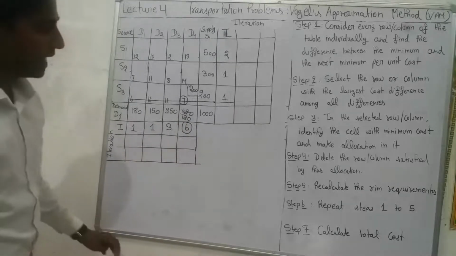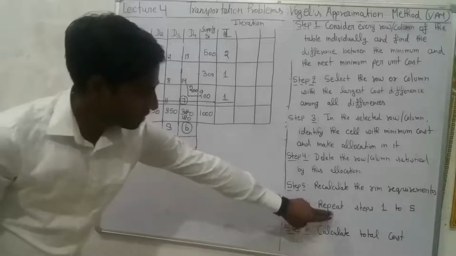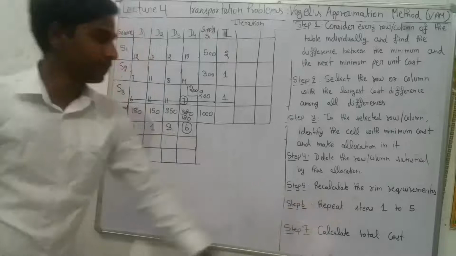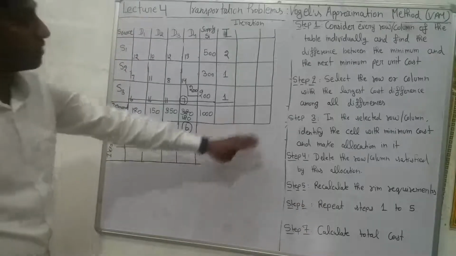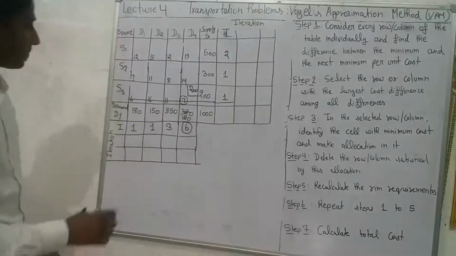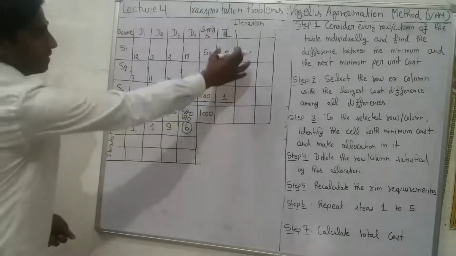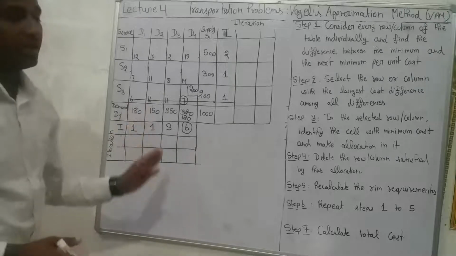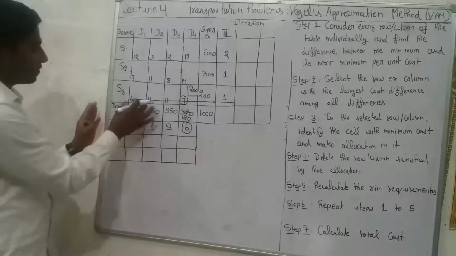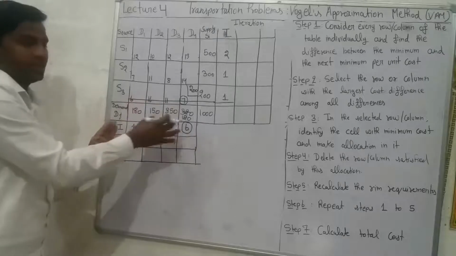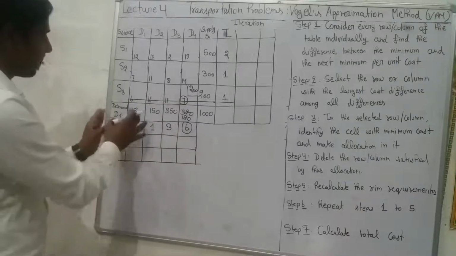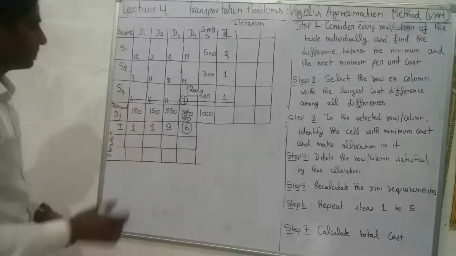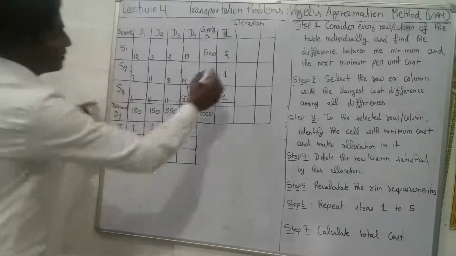Now we move on to the next step, that is, repeat steps 1 to 5. So we have to repeat all the steps again. Again we have to calculate the cost differences for the remaining rows and columns. We are not going to include the row which we deleted in the previous step. We will include only those which are not deleted. So in iteration 2,